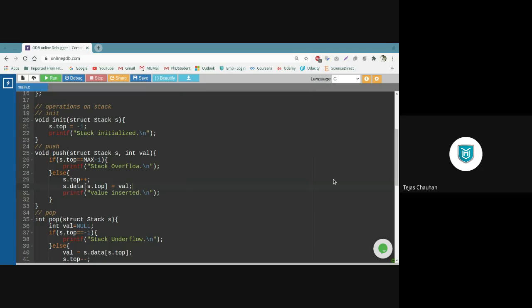So understood, everyone? Yes, Harsh. Actually, if we want to change the value, then we need to call these functions by reference. Call by reference we need to follow, and that's what we are going to do now. But till this point, is everyone clear what the problem is and why we go for call by reference?